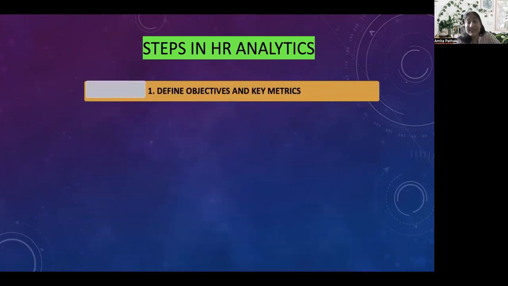Define objectives and key metrics. Dear friends, being an HR professional and an HR analyst, whenever we are assigned a certain job or task, we must understand what the objective is. Why am I doing this analysis? What's the objective of